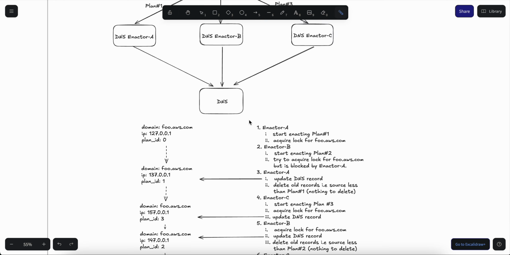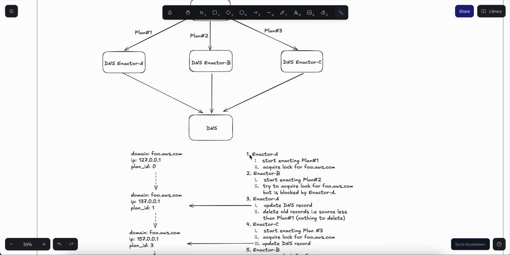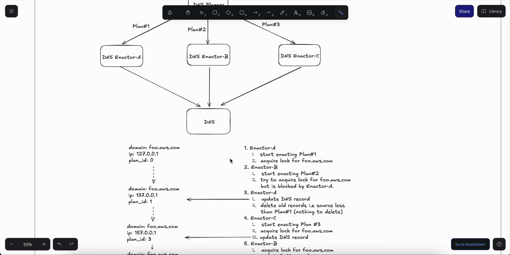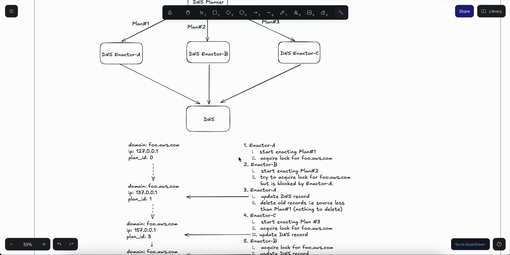So enactor A starts executing plan 1, and in order to prevent other plans from overwriting what it's doing, there's a locking mechanism, and this locking mechanism is per DNS record. So it requires a lock for food.aws.com.